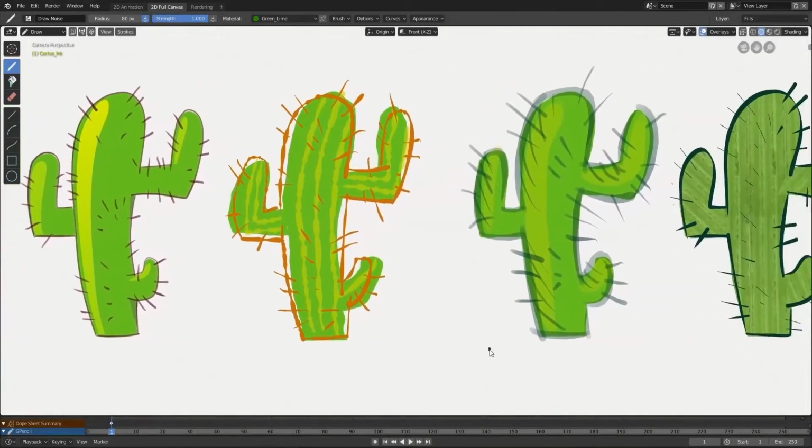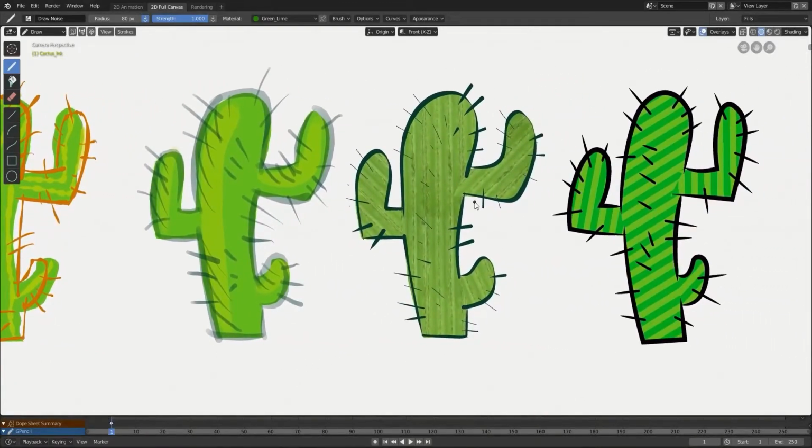The Grease Pencil brush and material system is flexible enough for multiple artistic styles.